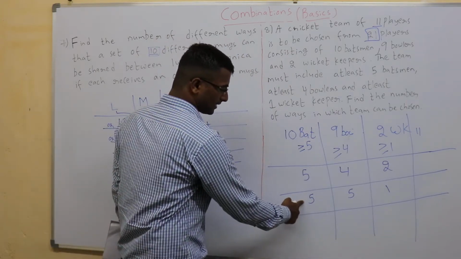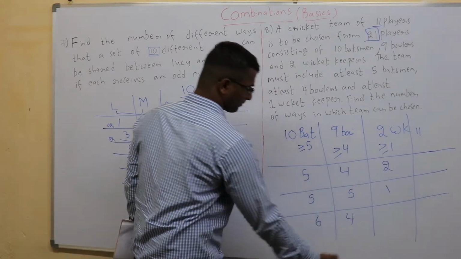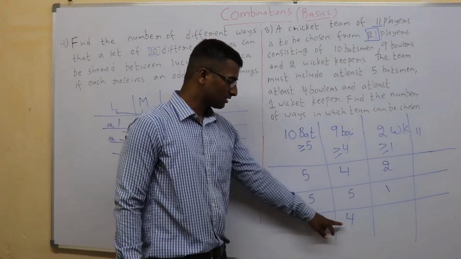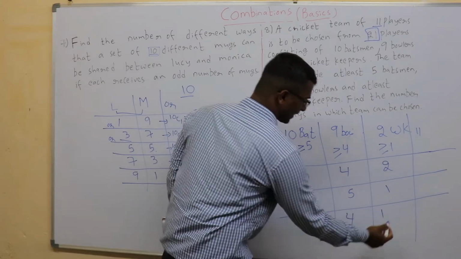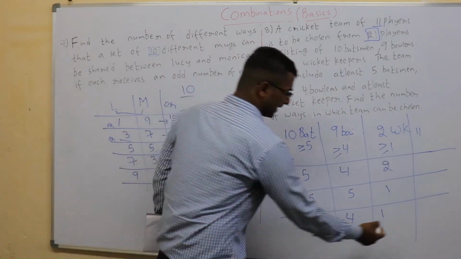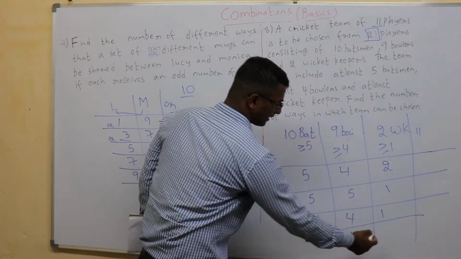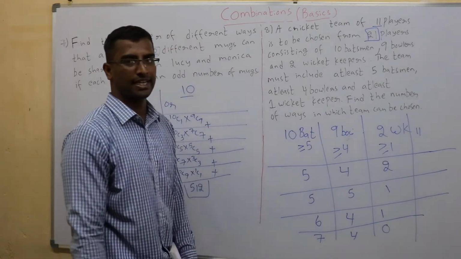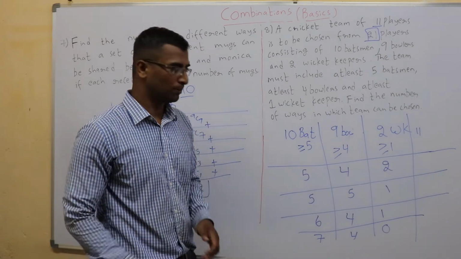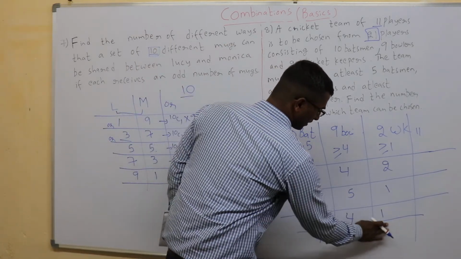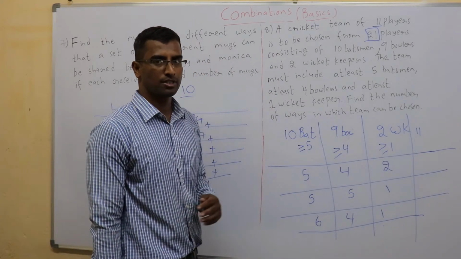This time I will decrease this if I increase it. I take 6 and I keep the other number the same. I increased to 6, 4. 6 plus 4 is 10. I need one more. One more will be the wicket keeper. If I increase it again, that will be 7 and here 4. That is 11. I need to select 0 wicket keepers, which is not satisfying my condition. At least one wicket keeper should be there. So this option is not possible. So only these 3 options are possible.